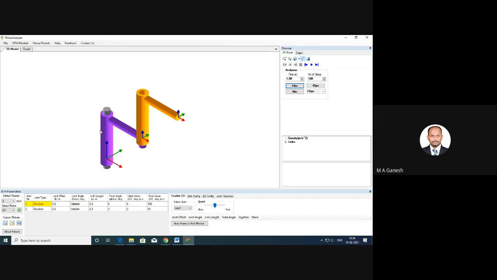Otherwise, if you have to use a 6 degree of freedom robot, that can be used to paint